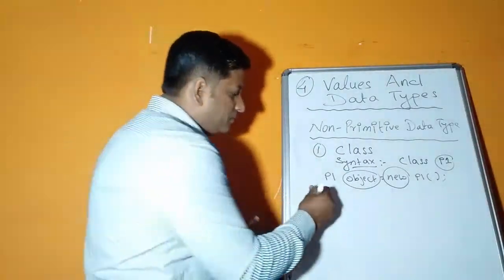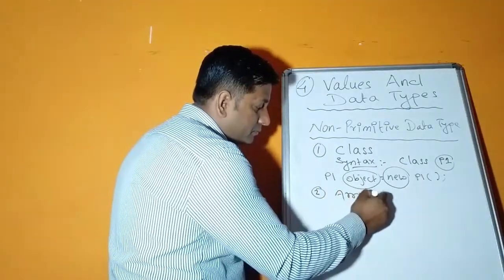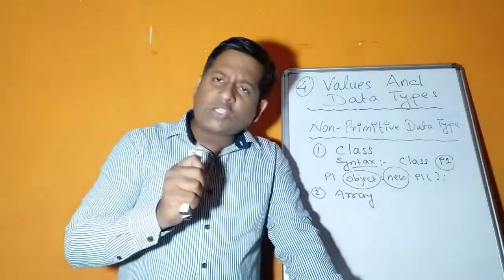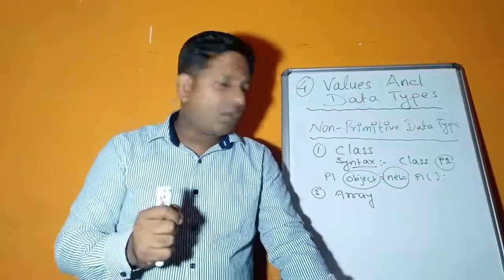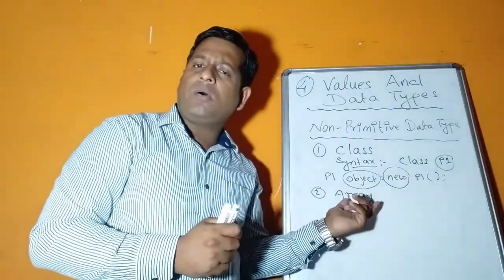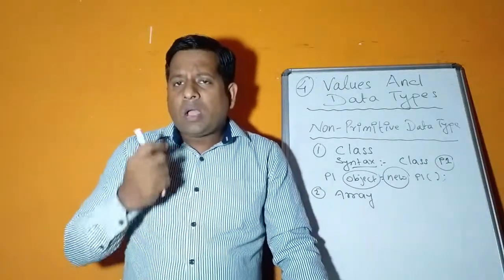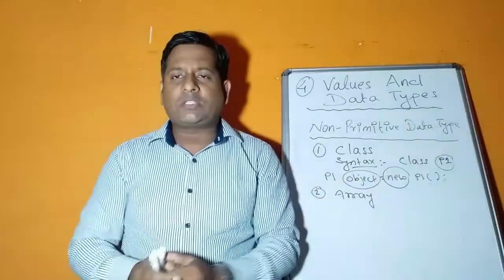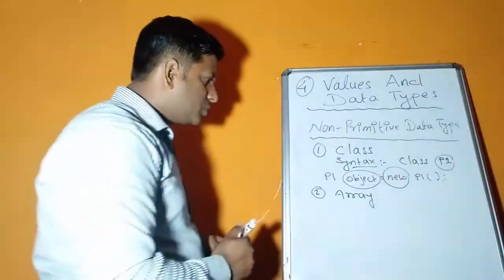So this is one example. The second example we have is array. Array is such a data type which is also created by the user. We create the data type, we provide the name of the data type. Now what is the use of an array? A single variable can be used to store multiple elements. So many elements we can store as a block. Like see here,